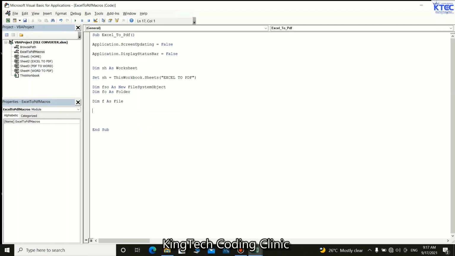Perfect. So we got all those things covered. Now, what of the workbook itself? We need to dimension it too. So we say dim wb as workbook. Now, all these names of the variables I'm using here as F, as WB, as FO, FSO, and all